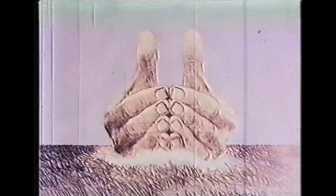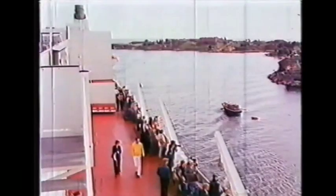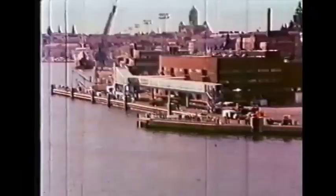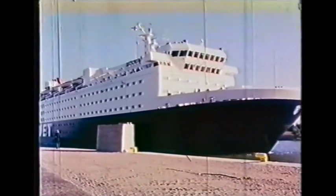On the crest of the wave, sing the Finnjet, swing the Finnjet, make it a holiday. Get on, get away, smile the Finnjet, smile